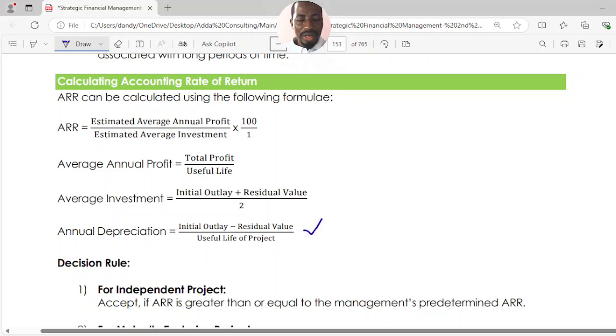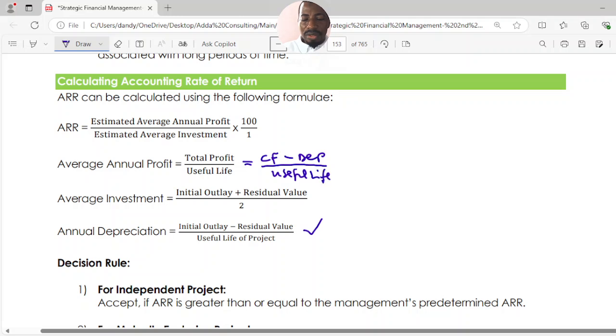Then the second thing that you are going to do is to calculate average annual profit. How do you calculate average annual profit? This is very important, especially where you are given cash flow. Therefore, for you to be able to get the average annual profit, you must first of all determine total profit. Once you get the total profit, you divide it by the useful life. It will give you average annual profit. Therefore, how do you get the total profit? The total profit will be the cash flow of each year, okay, minus annual depreciation, of course, divided by the useful life,